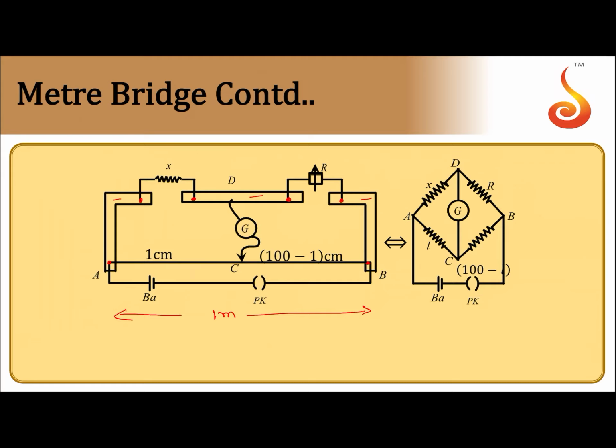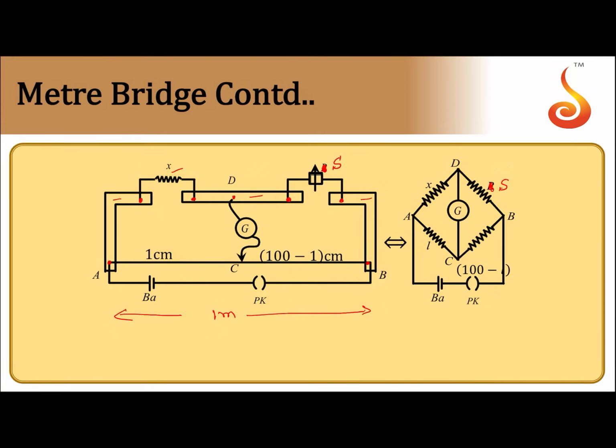Now let us say the resistance of a wire X has to be found. Let that resistance be X. Now let us say a standard resistance whose value is known to us, let us call it S. It is connected in the right gap. From point D, a galvanometer is connected. From the galvanometer, it is connected to a sliding contact, which can be slid over the entire bridge wire. So you can compare this with the Wheatstone's bridge.